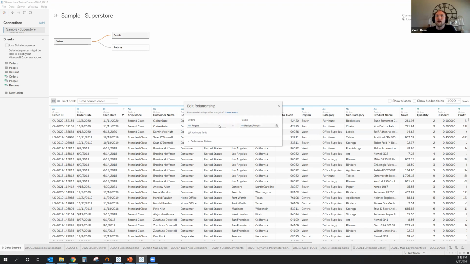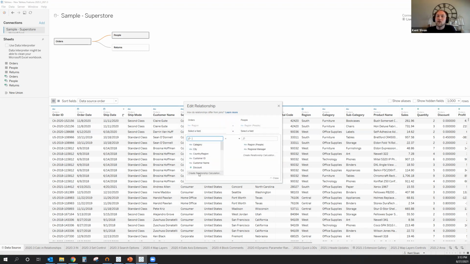Now we have options in here that when I add in another one, I can select this create relationship calculation, which is the same thing that we saw with our joins in the past as our option to add in a calculation. So this could be useful, say I'm linking between two things and I have customer ID, and on one side, customer ID is just a straight number. And then on the other side, it has like ID dash, then the customer number. So I need to trim off that ID portion of those letters before I can actually line up with the table on the other side. So if we have something like that where they're close, but there's just a little bit of difference in formatting, I can use this calculation to solve for that.